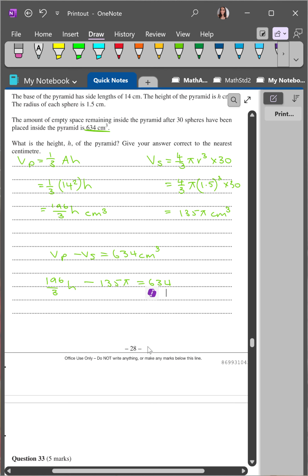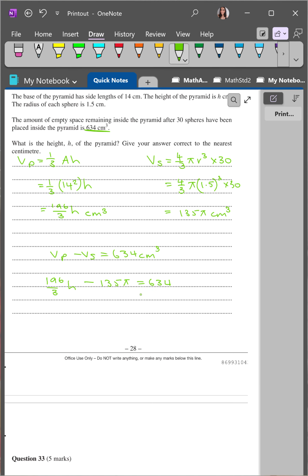Now, if we rearrange this, let's move the 135 pi over first. So h is going to equal 634 plus 135 pi, and then this 3 we're going to multiply up. So we're going to multiply everything by 3 and then divide everything by 196. Then if we put that in our calculator, that should equal